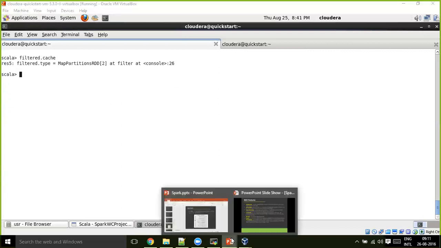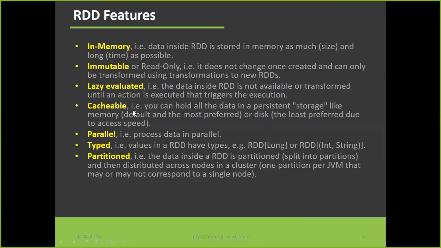So that is what caching means. RDDs are cacheable, either on your RAM memory, which is the most preferred option, or, if not, on your local disk also, which is the least preferred one due to access speed.